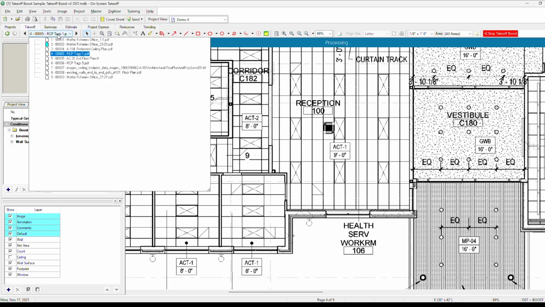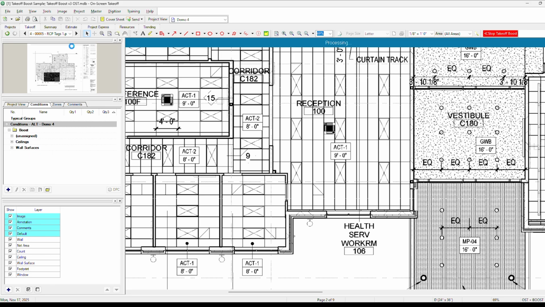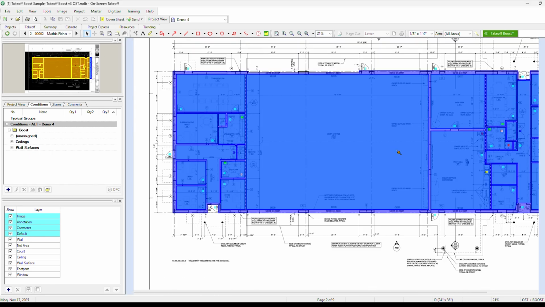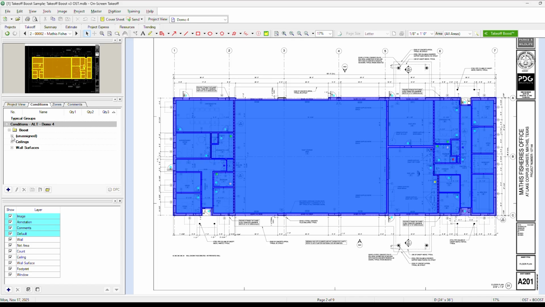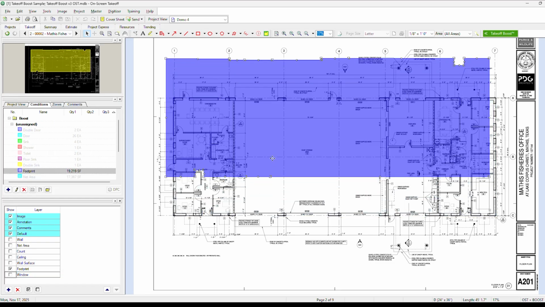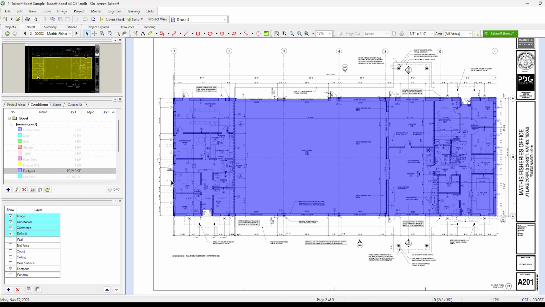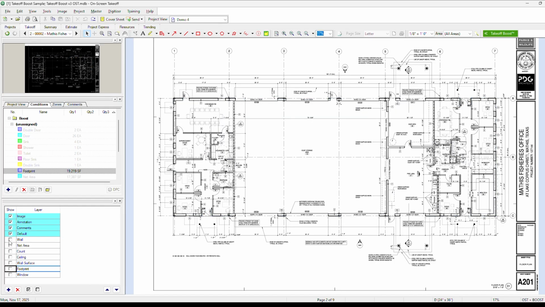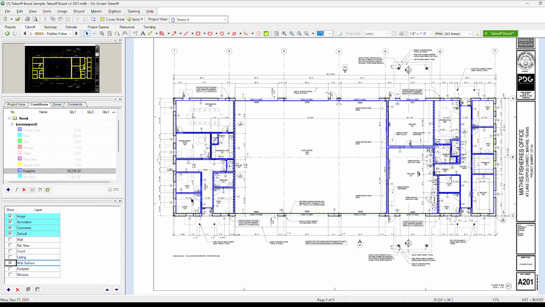Now, while those two are running, I'm going to go back over to that first page and show you what those results look like. You can see Boost made a lot of conditions here. Those are all conditions that you'd have to be making yourself, but Boost went and drew everything for you as well as created them. We've also made it easy to work with by automatically adding these layers too, so you can flip through the results and not have to work with everything all together. I'm just going to turn off everything except our footprint area here. You can see that footprint area got you the entire square footage of the floor plan. Now if I turn that off, we can look at the wall surface. And these are those single-sided takeoffs that we did.